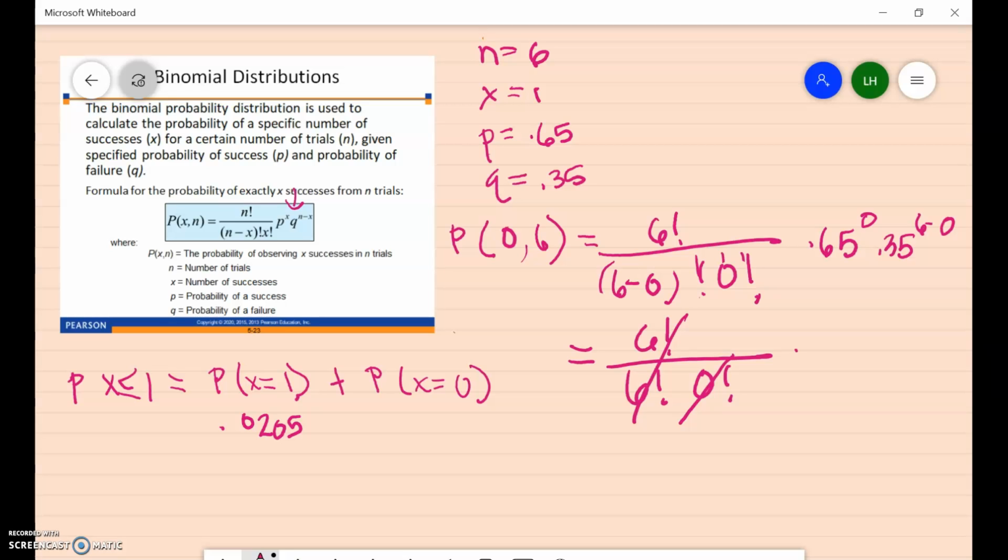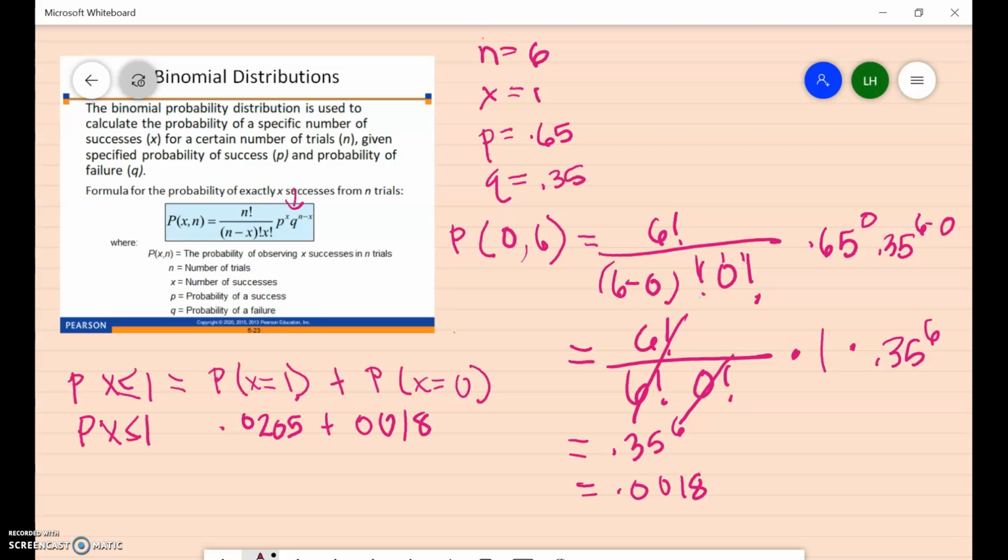And then 0.65 to the 0 power is 1. And then you end up with 0.35 to the 6. So really and truly, we just need to find 0.35 to the 6. And that would be 0.0018. So we need to add those together to get our probability that x is less than or equal to 1. So we will get